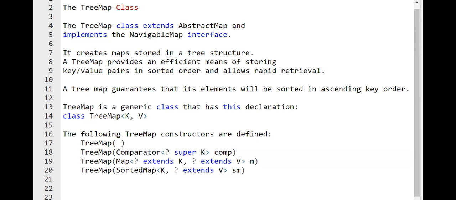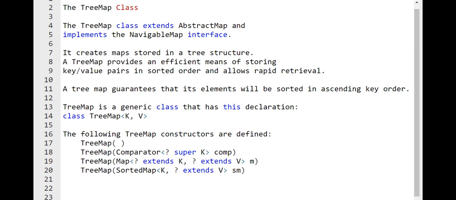So tree is a way of sorting key value pairs also, and it allows the rapid or fast retrieval of the elements. The tree map guarantees that all elements will always be sorted in the ascending order. So if we compare it with the hash map, where the sorting is not done.